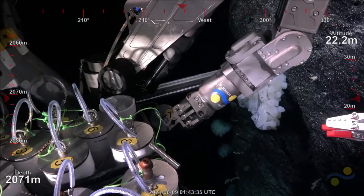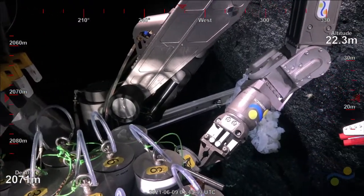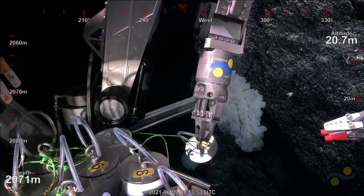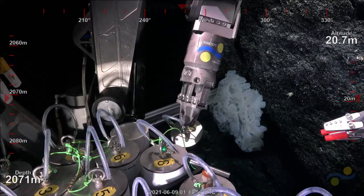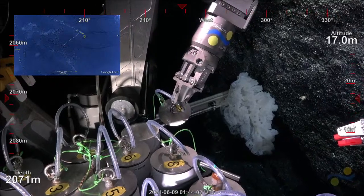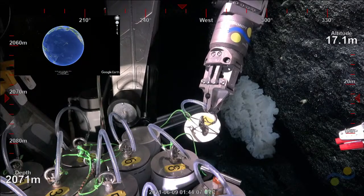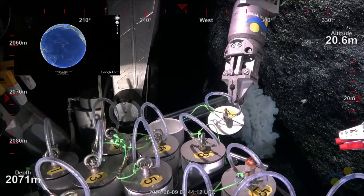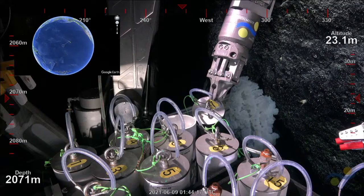So, sample of fortune. It's kind of perfect actually. Take a look at that. That'll fit perfectly in our respirometer for when we get on deck. So we have some really cool experiments that we're going to do on board, probably at 2 in the morning tonight when everything's up and going. What are we going to be doing? We are going to be looking at some of these corals and their metabolism, just basal metabolism, and then in response to different microbial challenges that we have for them. So we will be doing that work